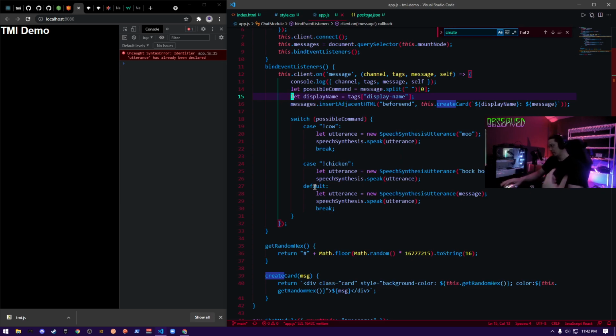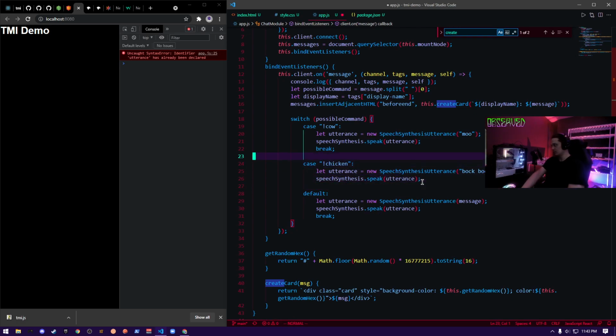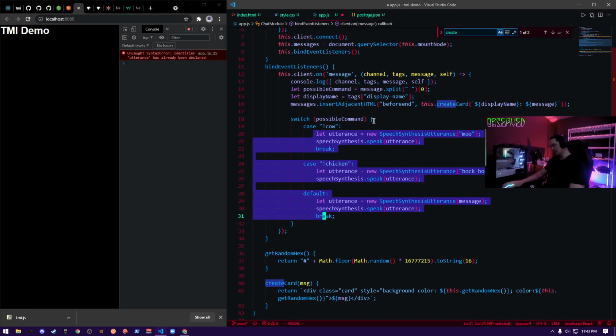But the cool thing about the newer JavaScript or ES6 is you use let and const instead of var. So for instance, in this block, these brackets, whenever we use let, it has its own scoping. So in this block scope, we can only declare utterance once.